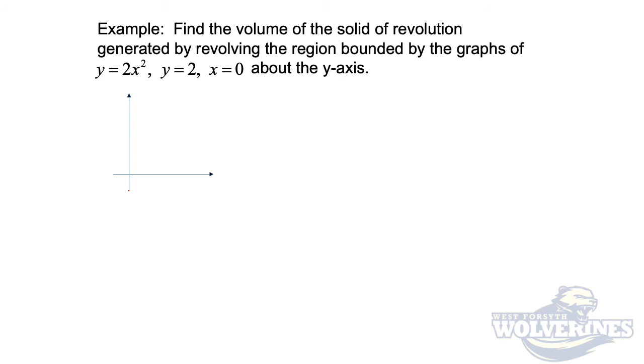It looks almost like the same problem, but there are some differences. Find the volume of the solid of revolution generated by revolving the region bounded by the graphs of y equals 2x squared, y equals 2, and x equals 0 about the y-axis. Now the parabola is the same, but everything else has changed a little bit,